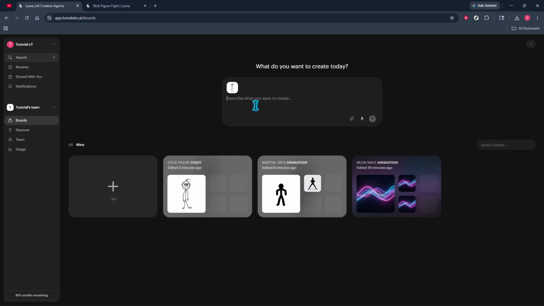Once your image is attached, focus on the prompt field. This is where you describe the animation you want Luma to create from your photo. Think of your prompt like a director's note. Be specific about motion, mood, and camera feeling. For example, you might say, subtle, natural movement that brings the scene to life, gentle camera push-in, soft cinematic lighting,